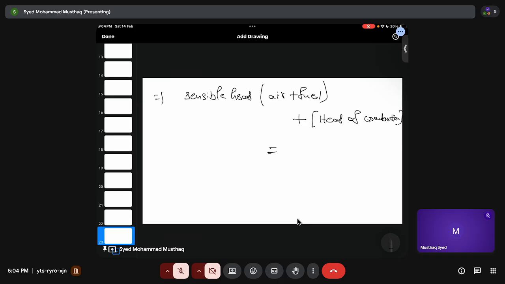And say fuel and air are first mixed, and then we light it, so some amount is going out as light and heat energy, so that is heat loss to surroundings,